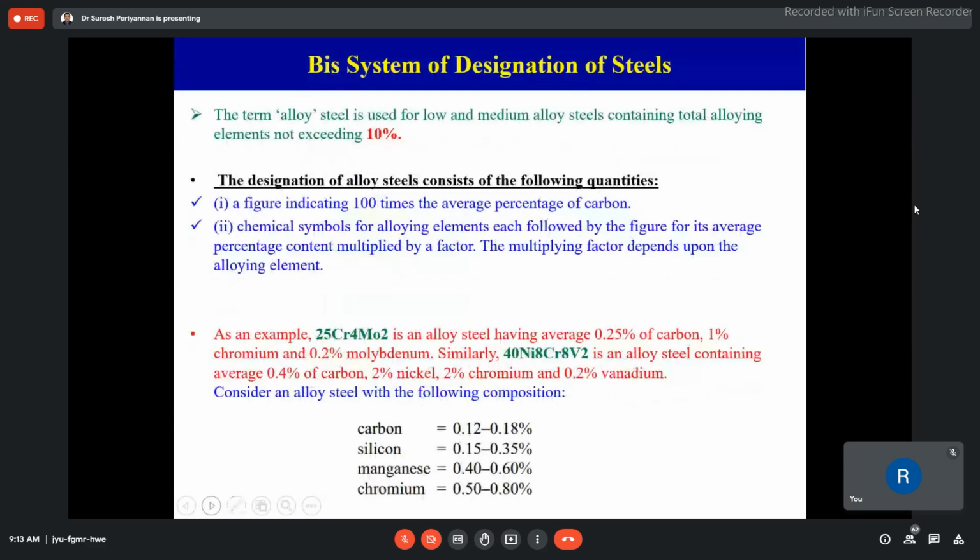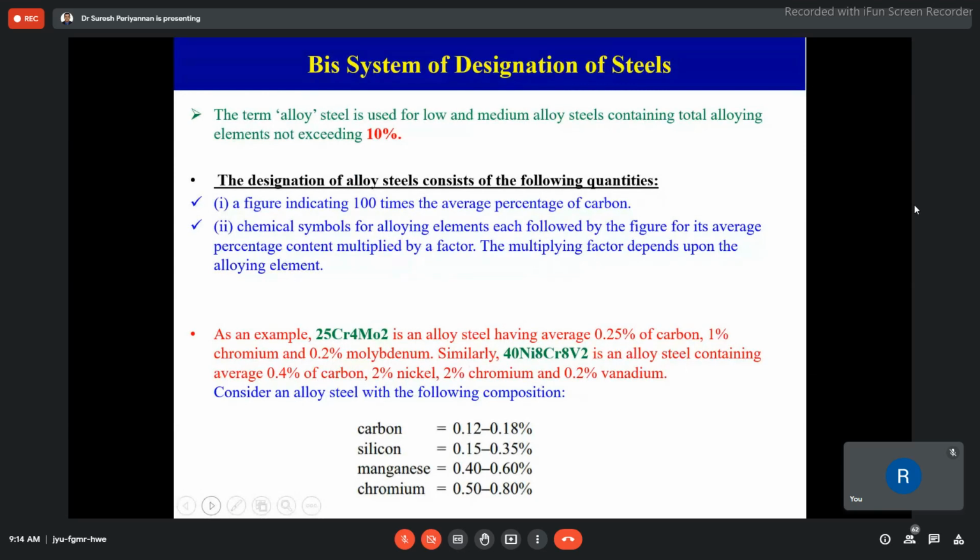Now we move to one more thing. When we are adding alloying elements, up to 10%, you should not go beyond 10%. High alloy steels are classified based on the percentage of alloying element. Less than 10%, we say is in that category, so we can easily differentiate low alloy steel, high alloy steel, like that, depending upon the composition. But when you are going for alloying elements, the maximum allowed composition is 10%.